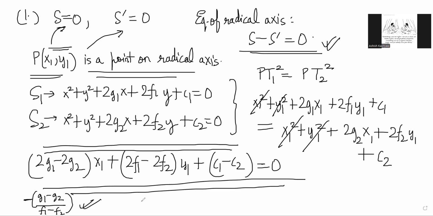So that is clearly perpendicular to the line joining the centers, because the slope of the line joining the centers was (f2 minus f1) by (g2 minus g1). If you multiply that with this, you can easily see that the radical axis is perpendicular to the line joining the centers. The next point to remember is if two circles are intersecting,